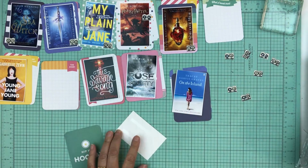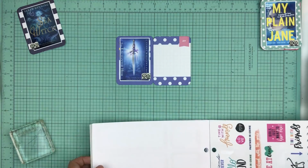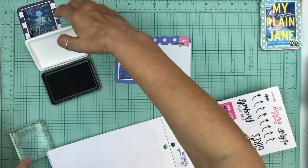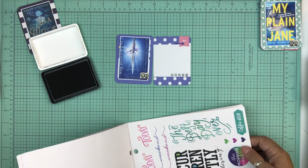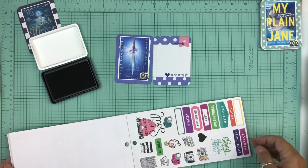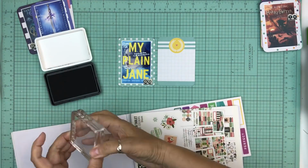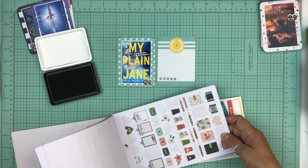Now that those are all done, I just pile them up one on top of the other, and then I start adding a little bit of embellishments. I did grab 4 sticker books, and most of them are for planners, but they're perfect for something like this, just to add a flower sticker, a heart sticker, a few arrows, and then of course I have my 5-star